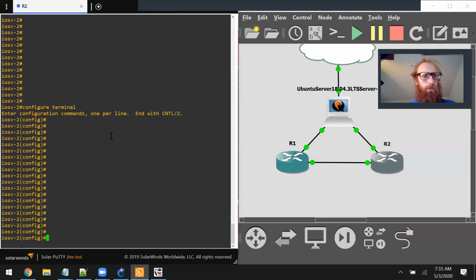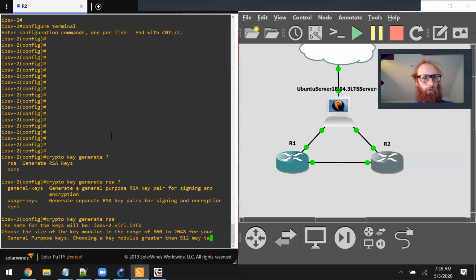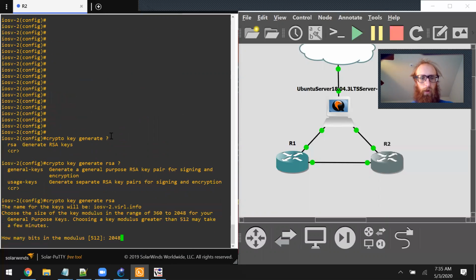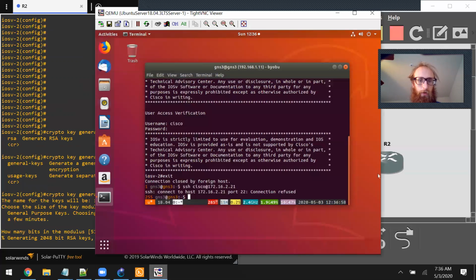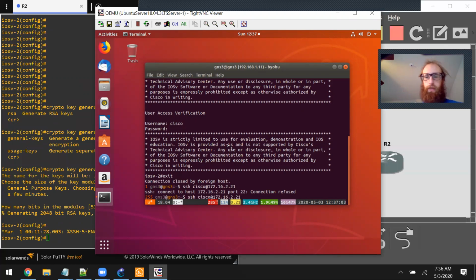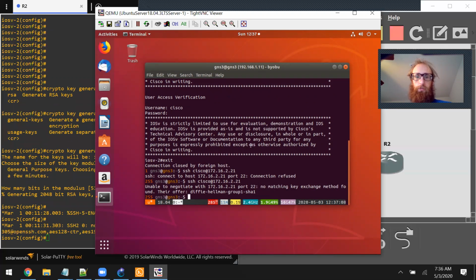Okay, so let's see here. Crypto key generate RSA. We're going to go 2048. Okay, and now we're going to try this command again. And I have a feeling we're going to get that rejected due to the cipher. Yeah, so no matching key exchange method found, their offer. So we can change our offer by doing